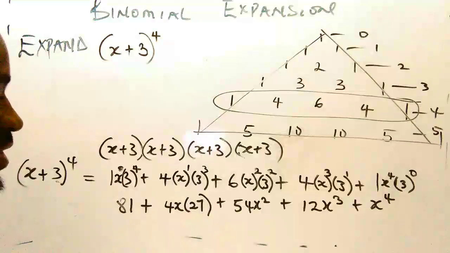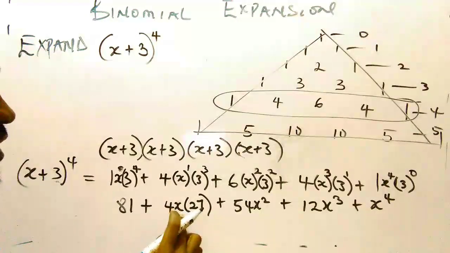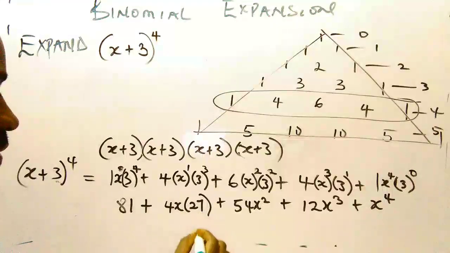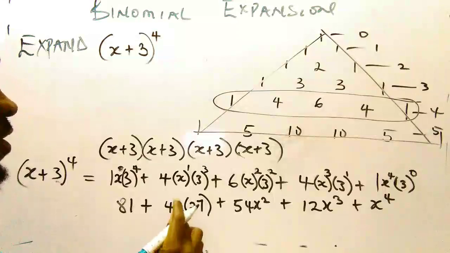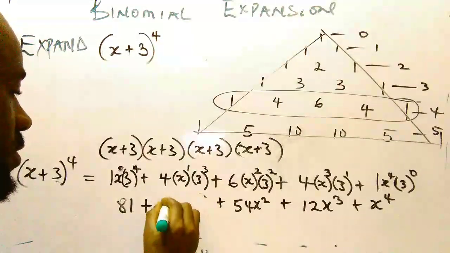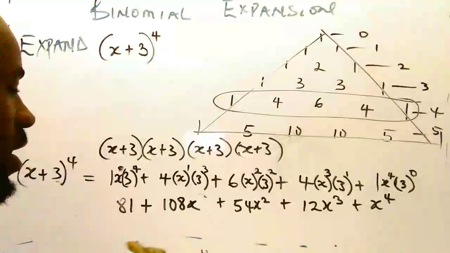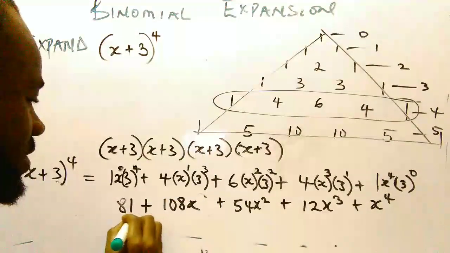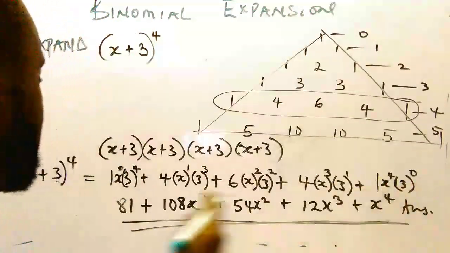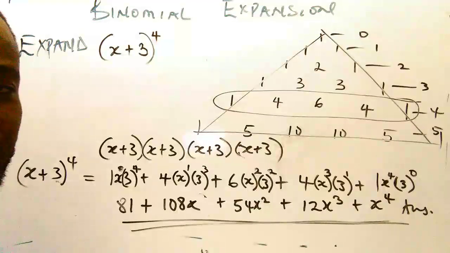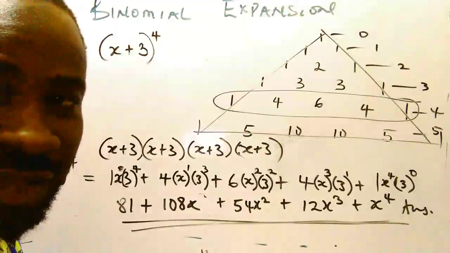Okay, so 4 times 27, that will give us what? 4 times 7 is 28. So that will give us 8, remember 2, 4 times 2, 8. So this will give us 108x. So 108x. And this is the expansion. This is our solution. This is the expansion of this term. So that is how to apply the